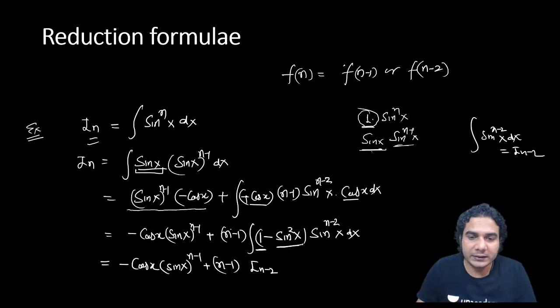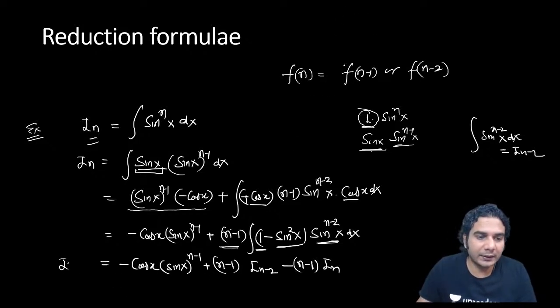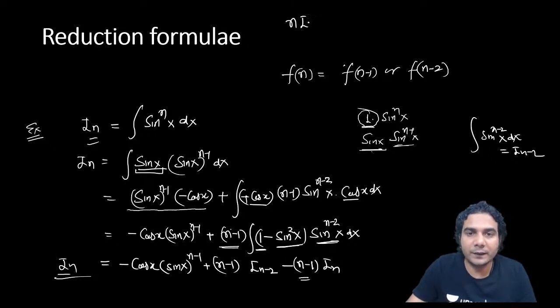And the second integral, sin square into sin raised to n minus 2, will become again sin raised to n. So that is I_n only, and n minus 1 is outside, so multiply (n minus 1) also. So n minus 1 times I_n, all right? So this, and then you can write the answer. So just separate this I_n, all right? So it is going to be n times of n minus 1 plus 1 is n times I_n is